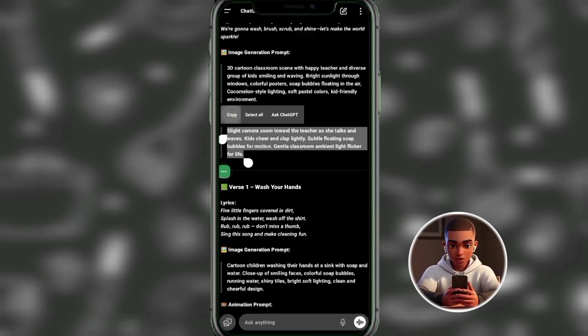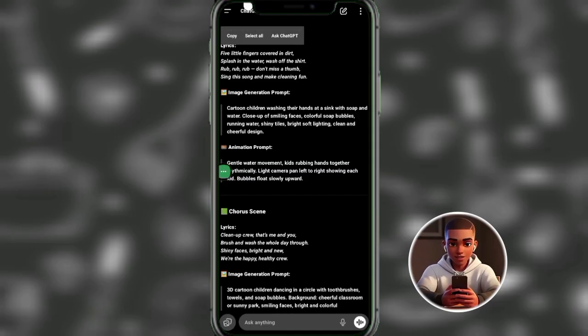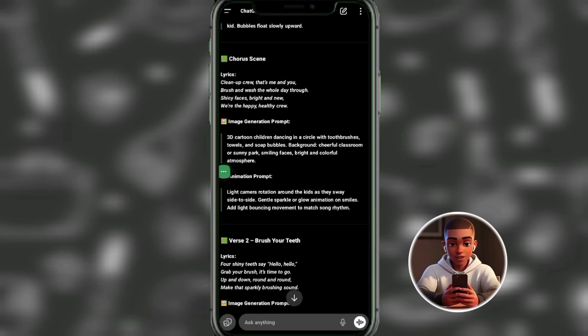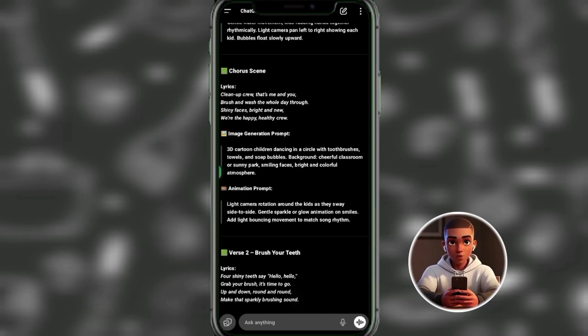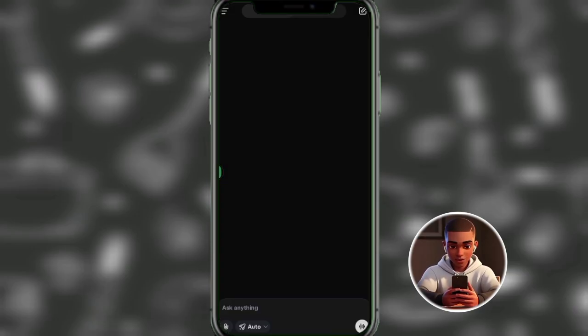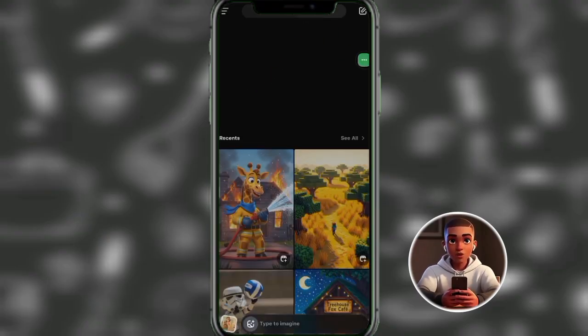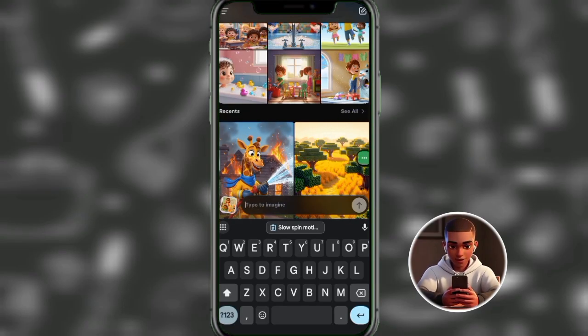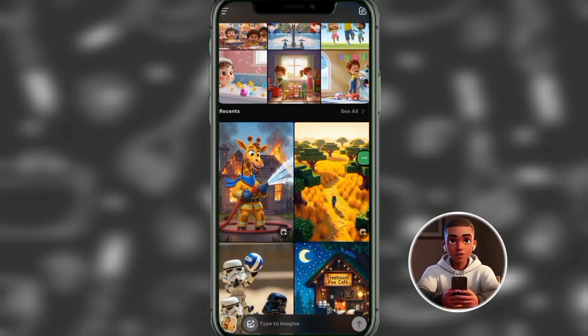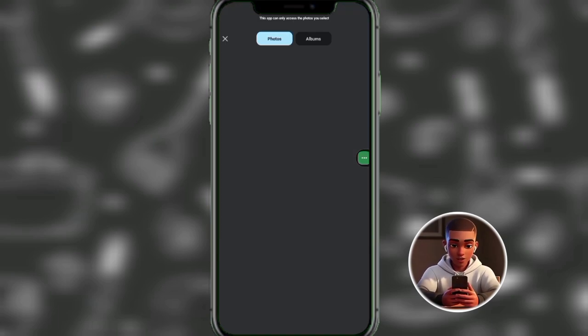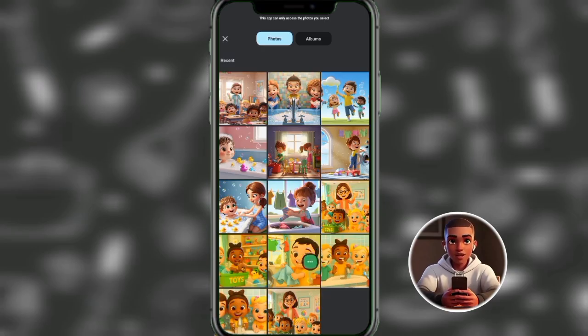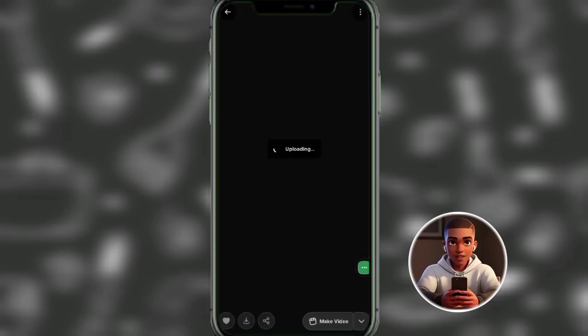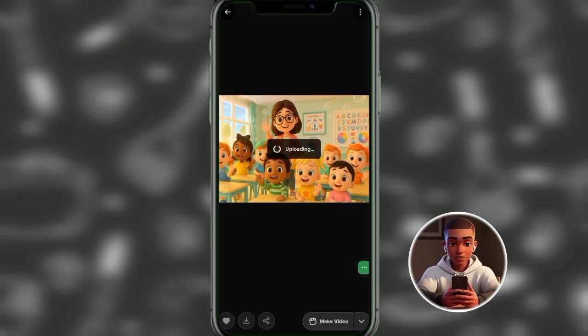So now I'll just copy the animation prompts of the scenes. I'll copy all of them and go over to the next AI tool, which is Grok. Here is the interface of Grok. Just click on Imagine. So once you've clicked on Imagine, this interface will appear. Then you click on CO, then choose the image you want to animate. So once you choose it, Grok will automatically animate the image, but